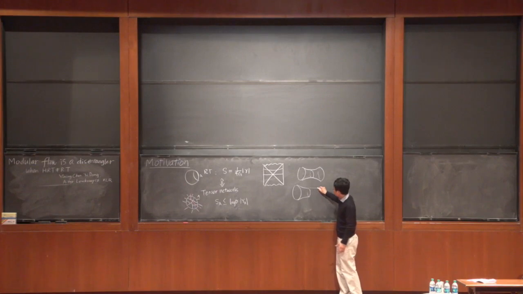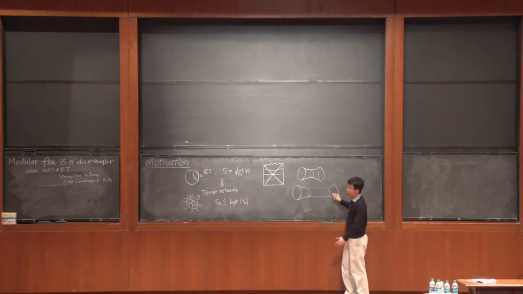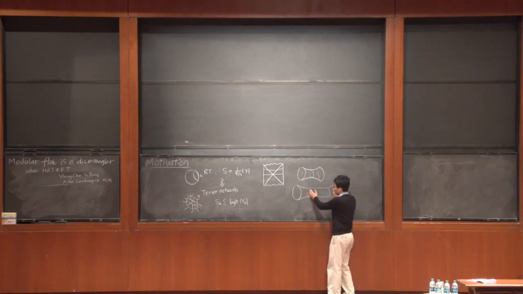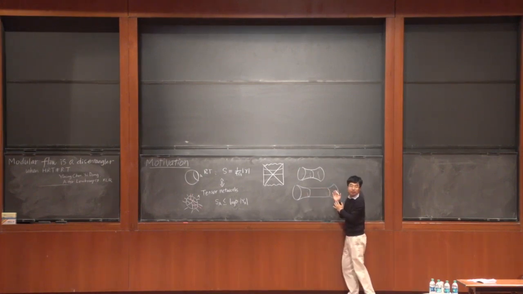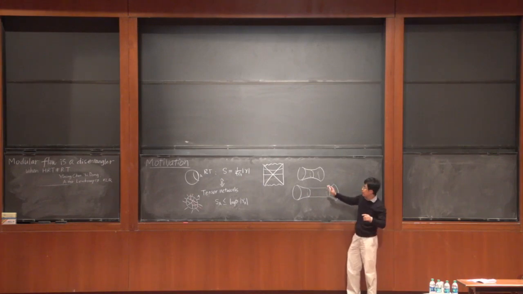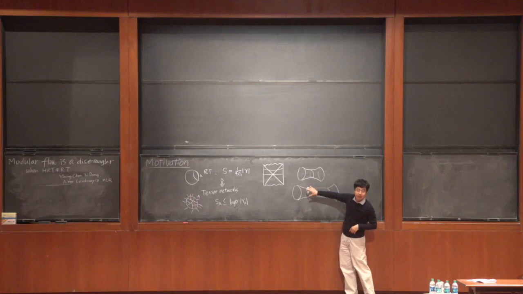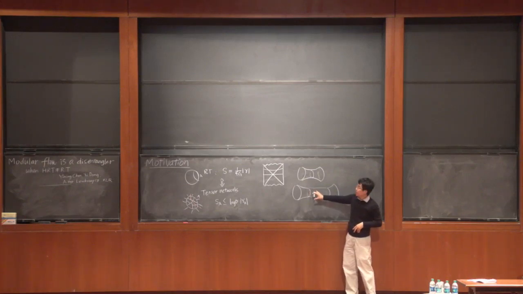So you heard from Lenny's talk these discussions that this looks like complexity growing, which means the left and right are entangled with the same entropy, but they are entangled in a more complicated way. That means this is like a circuit which maps one side to the other. But if I really think about a tensor network like this for my state,